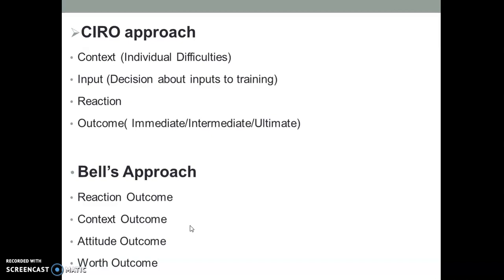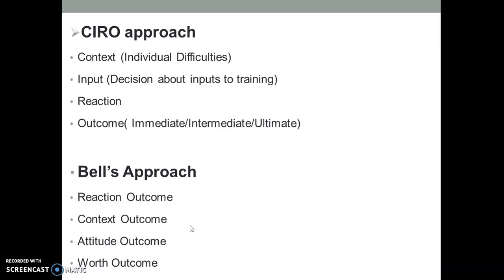Then there will be the attitude outcome. As we have seen earlier, there are behavioral changes. Similarly, the attitude outcome is that people come up with something favorable, something unfavorable. So attitude is what? Someone's behavior towards one thing or another in a favorable or unfavorable manner. In that case, we say the person is coming up with a certain attitude. Through the training, the person may come up with certain positive behavior and may have some unfavorable behavior towards